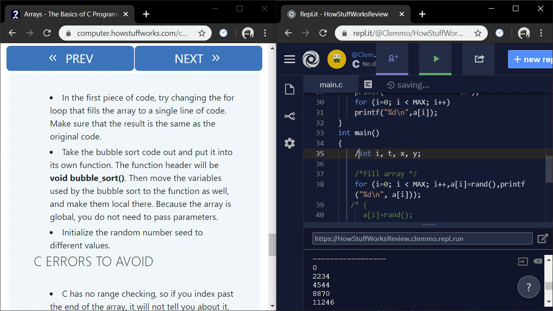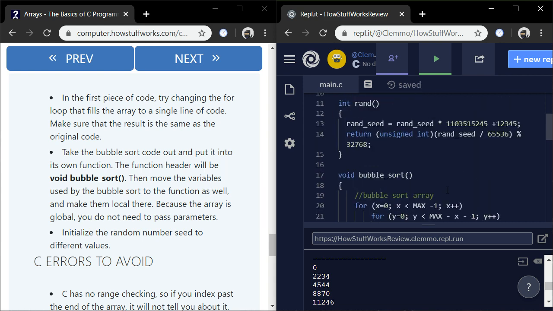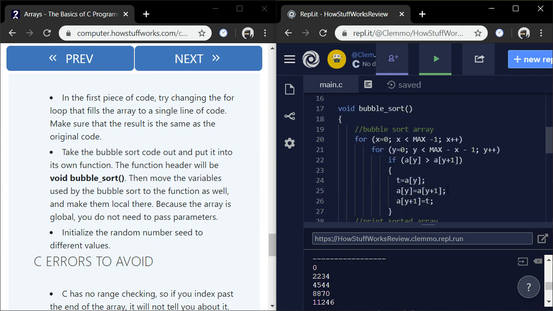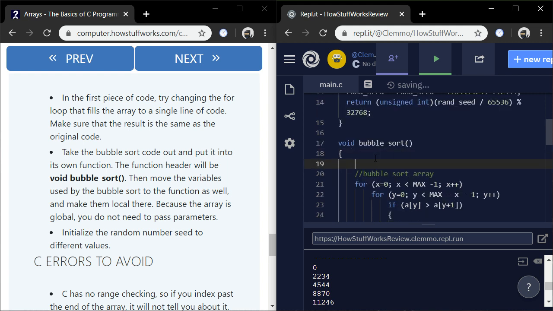So I'm just going to comment that out and then copy this, and I'm going to put it into void bubble sort. I don't think it really matters where. All right.